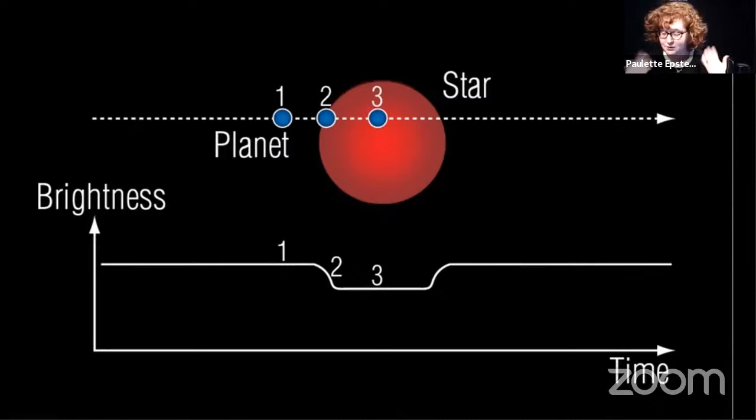Now, I want you to guess how many exoplanets or planets orbiting around other stars do you think we've discovered so far? Someone go ahead and throw out a number. How many exoplanets do you think we have discovered, not just specifically using this transit method, but in general? How many exoplanets do you think we have